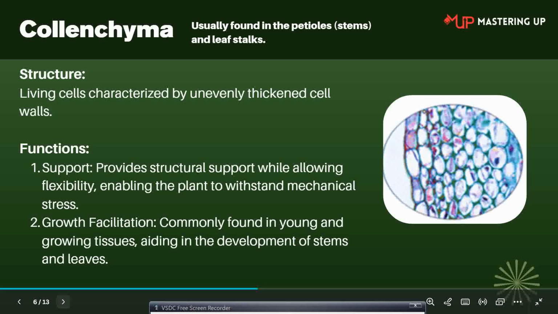Some spaces have thin cell walls, some have large cell walls. That is what is being said by the structure of collenchyma. Now the function is support and growth facilitation. During the support, it provides structural support while allowing flexibility. They provide structural support, but also they are flexible, enabling the plants to